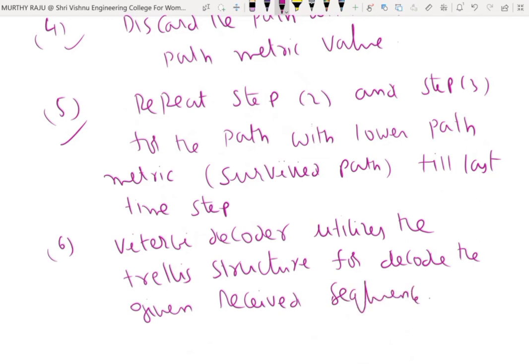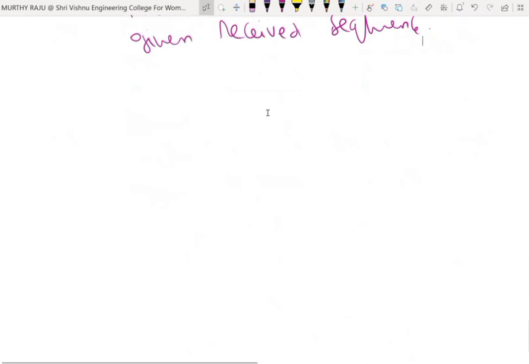These are the 6 important points. Okay, the received sequence here is